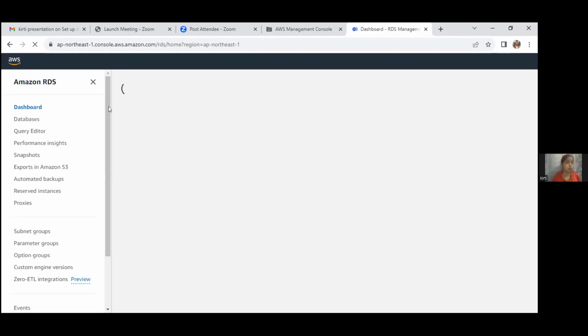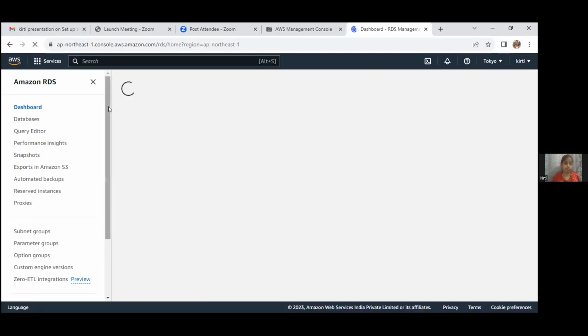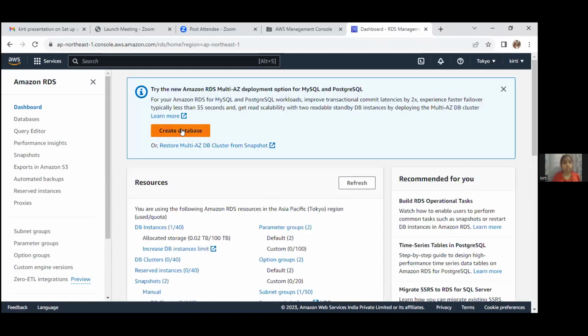In the RDS portal, we need to create a database. So just click on create database.